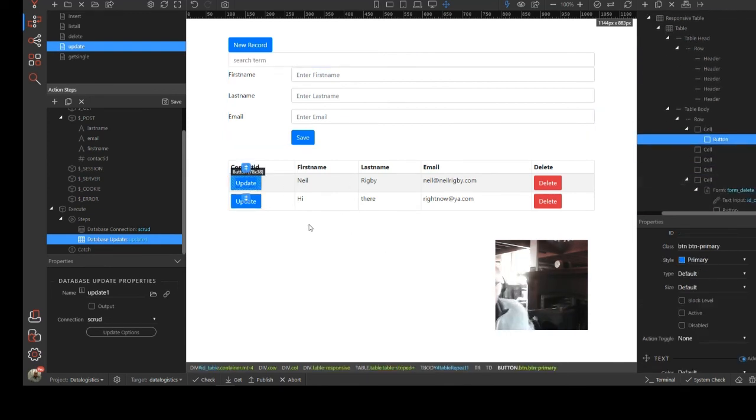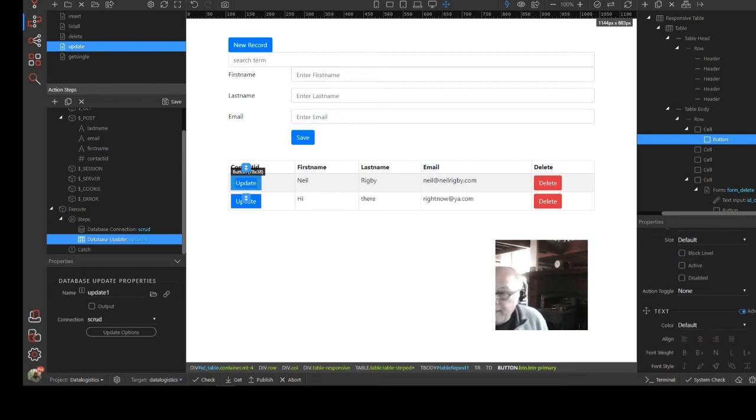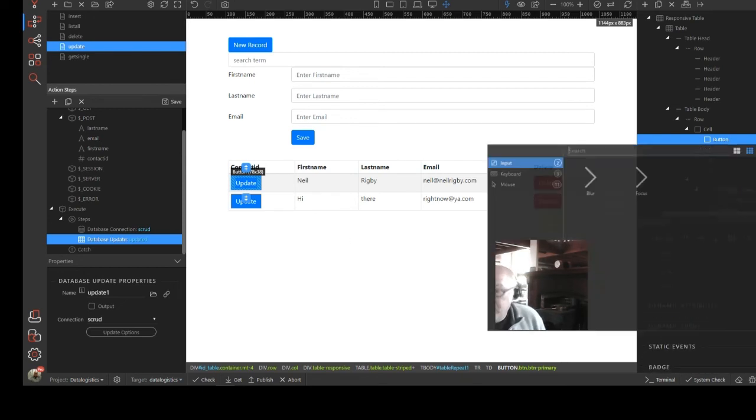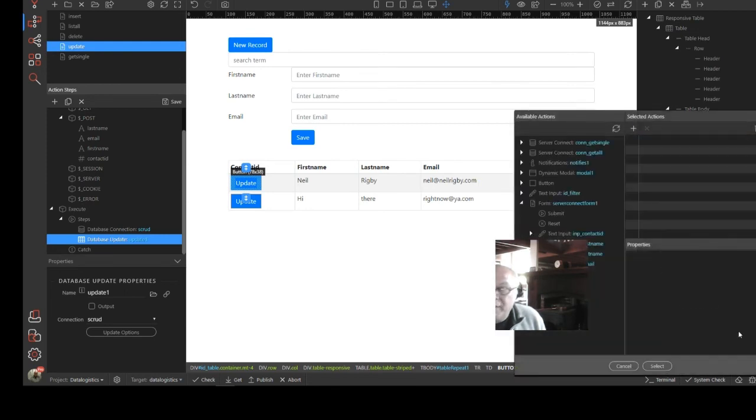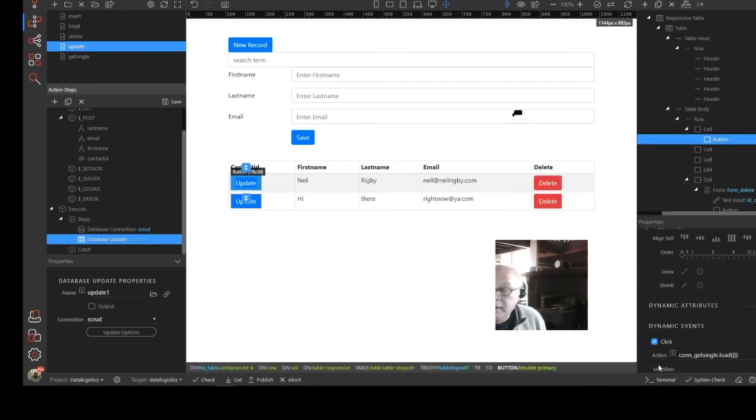What we want to do is when that update button is clicked, we need to activate an event, and what we need to do is to reload that event. So remember we said we wouldn't auto load it. Now we're using a click event to load that information in. And that should then